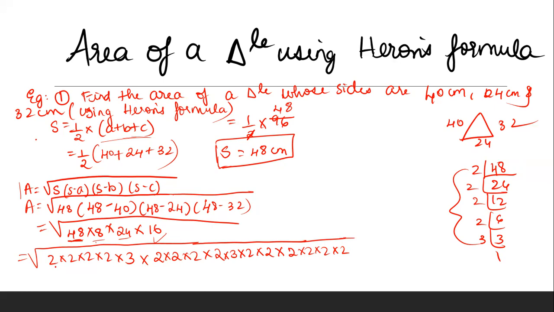So now try grouping the like numbers into a pair, meaning when I group 2 and 2, that is root 2 and root 2. Suppose I say root 2 into root 2. When I multiply it, what will I get? Root 2 the whole square, correct? Root 2 into root 2. So this square and this root will get cancelled. This will give us 2, isn't it? So group this into a pair.